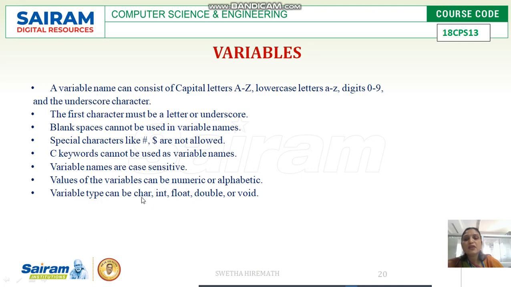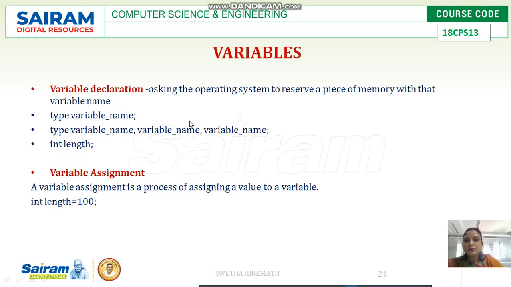Variable type can be char, that is character type, integer type, floating point type, double type, or void. Void means it doesn't store any particular data type. So these are the rules which are used in order to write a variable. So how are we going to declare a variable? Variable declaration means asking the operating system to reserve a piece of memory with that variable